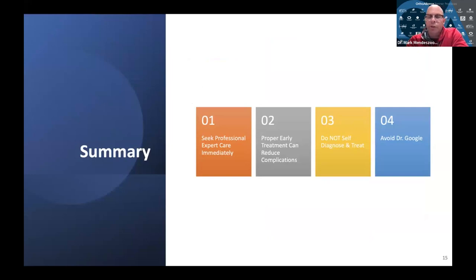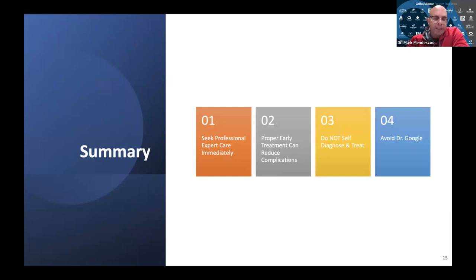Once again, quickly review, ligaments are the ropes that keep our skeleton together, and they only have so much ability to stretch, and if the forces are too great, they're going to tear. And depending on how badly these ligaments are torn, at what degree, first, second, or third degree, will indicate how long somebody will need before they're out of competition, if they can go back to work, if they can do normal activities. Seeing a specialist is very important for that.